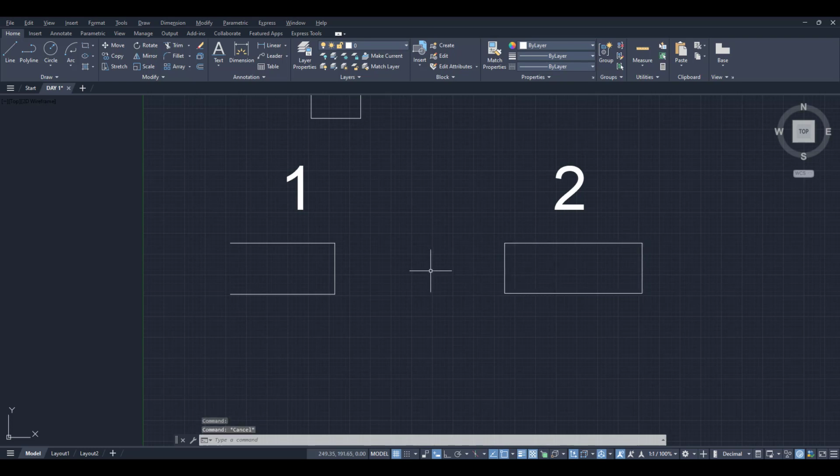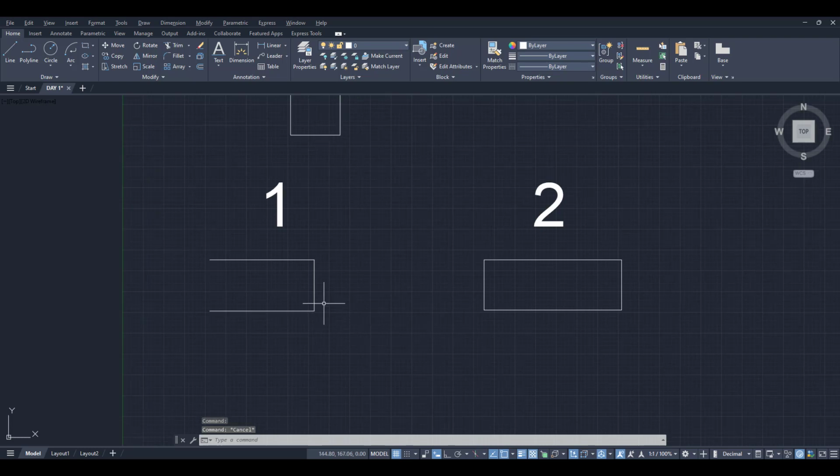Press escape. Now if I want to stretch this line to the target of the first geometry, you can click the midpoint. Already we have a stretch option. Click that and then you can stretch it till the target of 1. Make it escape and do Ctrl Z. In the first geometry, if I want to stretch this line till the target of the second, I click the midpoint of this line and try to stretch. But I can't because of the single entity. I just do Ctrl Z.